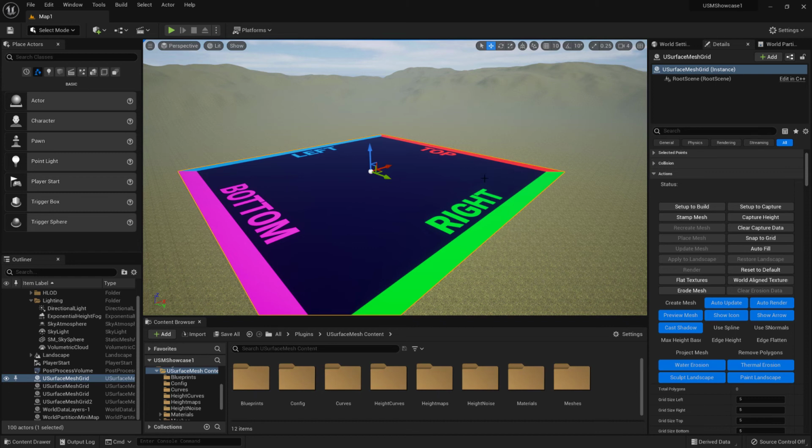the first one being, before in previous versions we used to be able to apply the mesh to the landscape. Well, now we can apply it to the paint layers as well. So with this